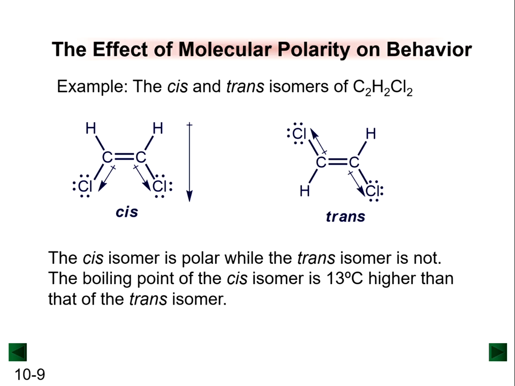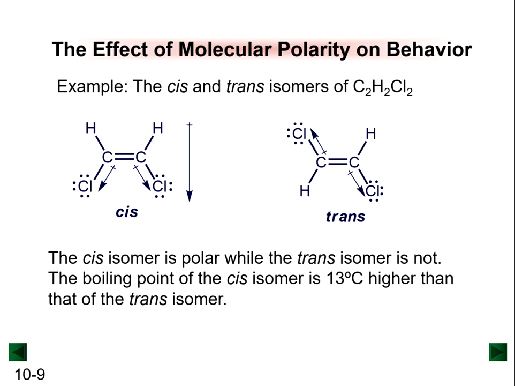If the chlorines are on the same side, this molecule is flat, and the chlorine half of this flat molecule is negative, and the hydrogen end is positive. That molecule has a dipole moment. The trans molecule does not have a dipole moment. The carbon and chlorines cancel one another, as do the carbon and hydrogen. Now, one has a dipole moment, that is the cis, and one does not have a dipole moment, that is